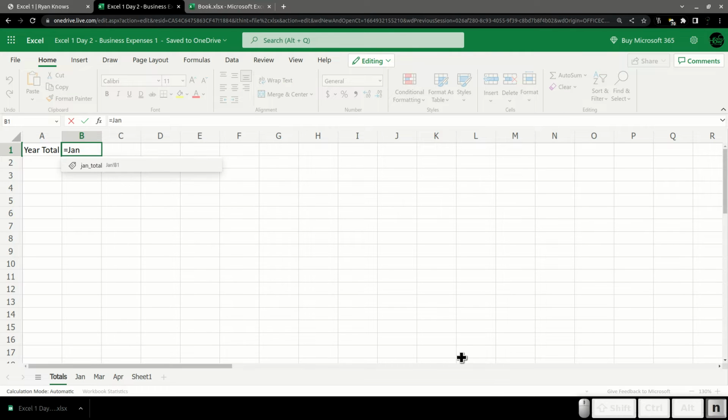Equals April. Oh. April. Oh my goodness, y'all. I know what's happening.